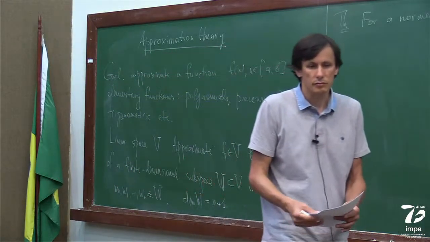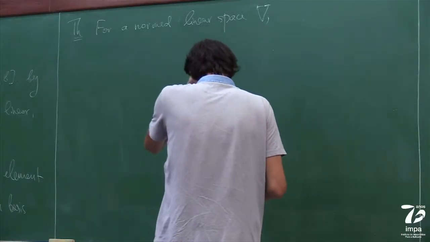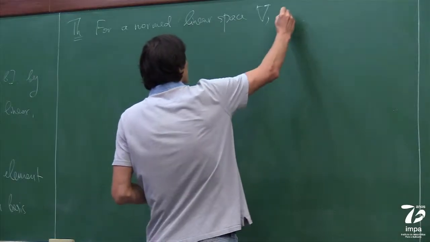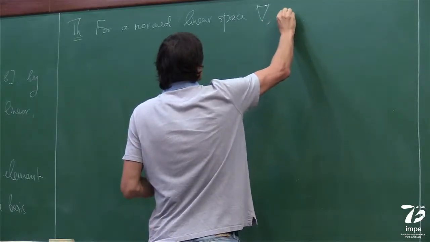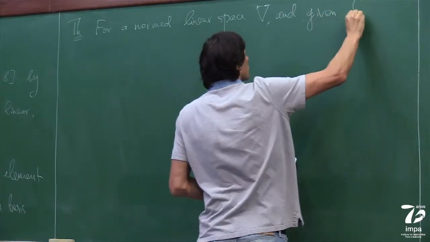So the distance is the norm of the difference of the two elements. So what we want to see is that for a given element f,